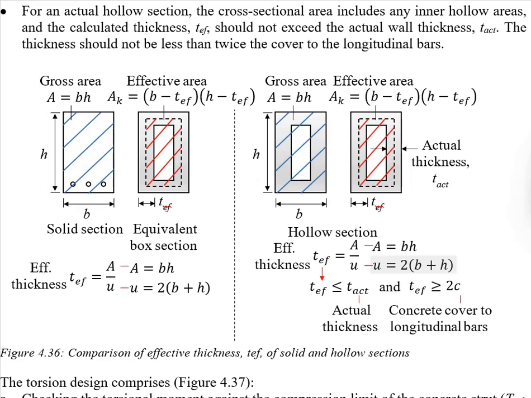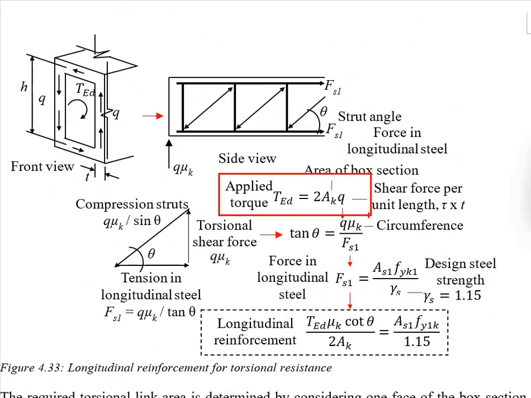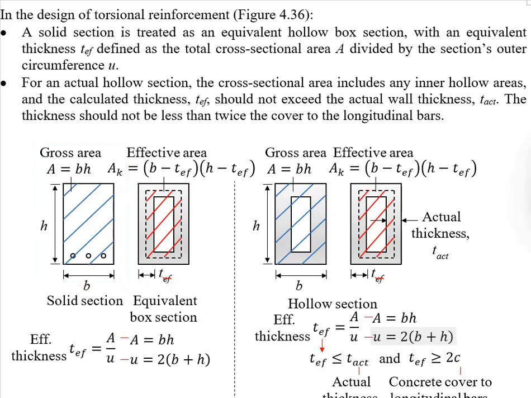The basic principle is this. Let's say you are dealing with a solid section. Its torsional resistance would be similar to a box section, where the middle part of the section here offers very little contribution to the torsional resistance. That's why we call this an equivalent box section. As the torsional resistance is calculated on the basis of the effective area of the box section, that means the gross area cannot be used, even though it is a solid section. You are supposed to use the effective area,